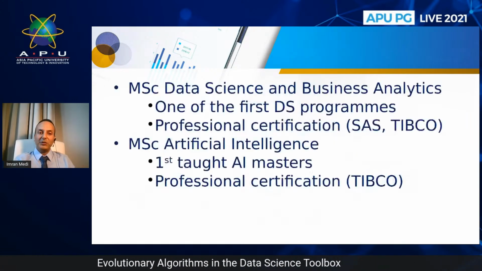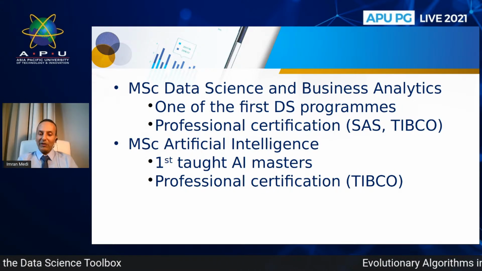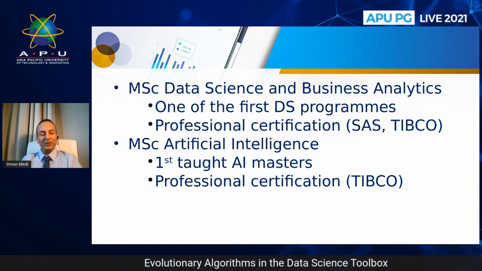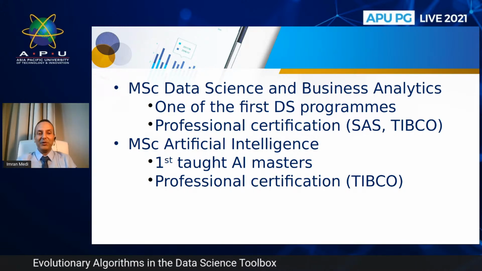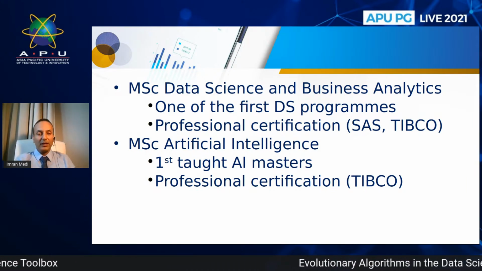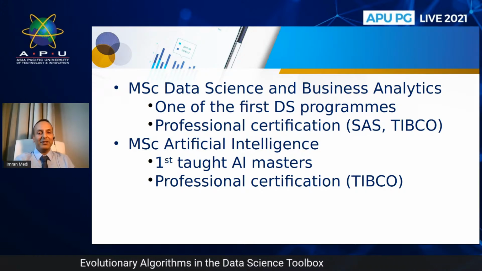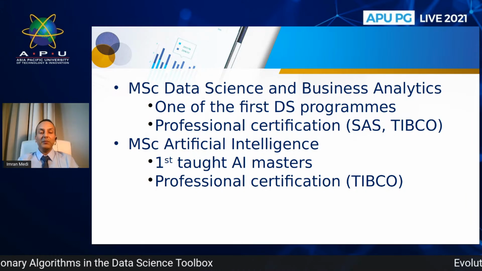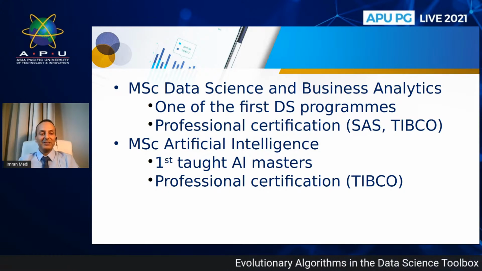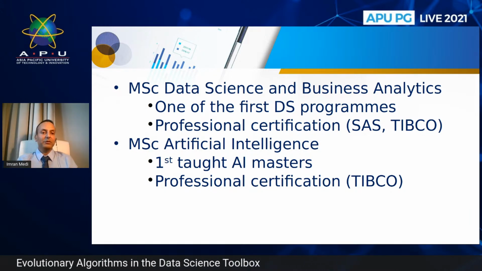And so that's where we sort of come in at APU. Okay, so along the lines of this particular topic today, we have two particular programs that can help you to develop a career in one of these two particular areas. So data science and business analytics is our well-established program. We were one amongst the first universities in Malaysia to spot the potential and the importance of data science, okay, and develop programs accordingly so as to be able to equip people with the necessary skill set. So we have programs at undergraduate and postgraduate level.